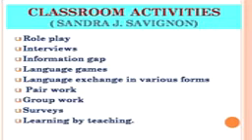Next, language games. You are well aware of these terms. Language games make the class an active one, and students do not feel monotonous in the classroom. Next point is language exchange in various forms. In real life situation, language is used in various forms, and in the classroom activities also, these various forms should be given quite importance. Next comes pair work and group work. Because interactivity is the main focus of this approach, pair work and group work are to be given due importance. If pair work and group work is given due importance, then all the skills will be developed.